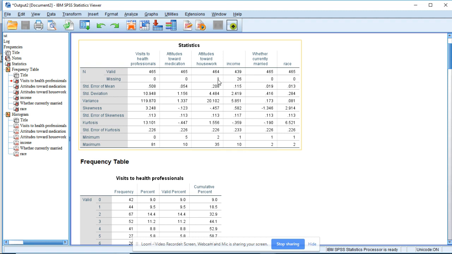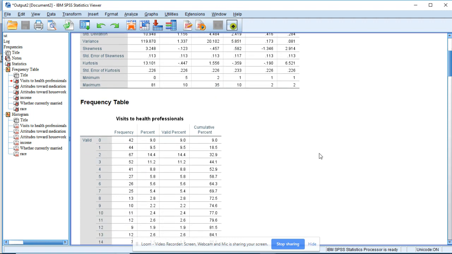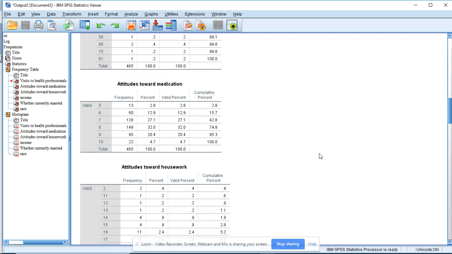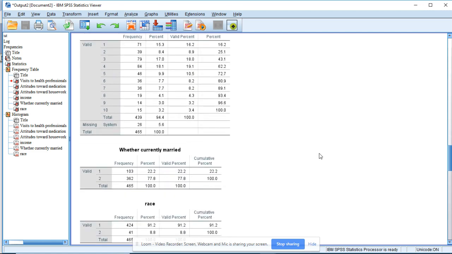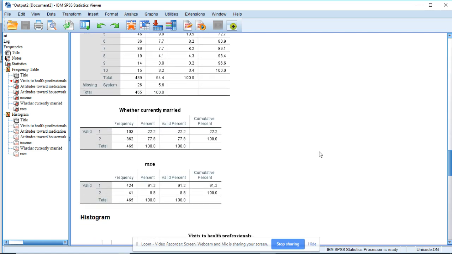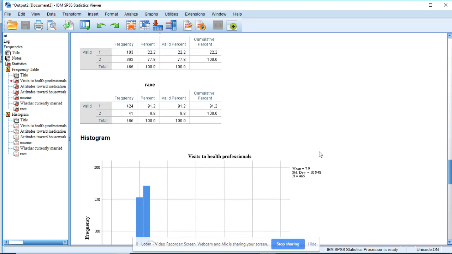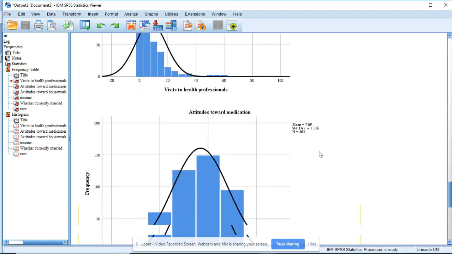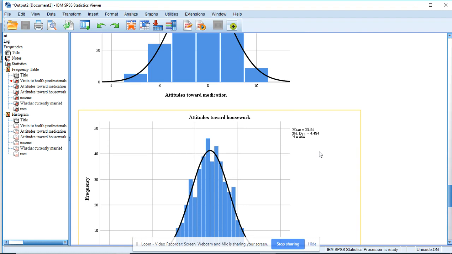And so we have this attitudes towards housework. What we can do with that one is look down here where it says the mean. Did I miss that again? Okay, let me see if I have the mean. There we go. It's down here with the histogram. So if you go down, and it was attitudes towards housework that we were looking for, there's a missing one. The mean is listed right here,